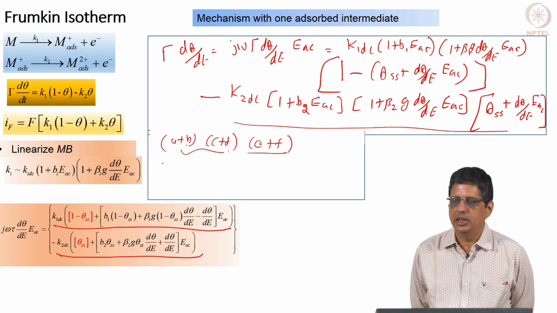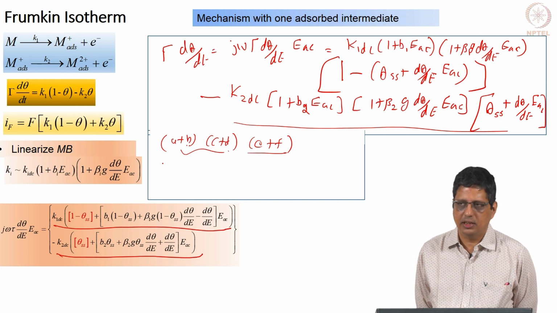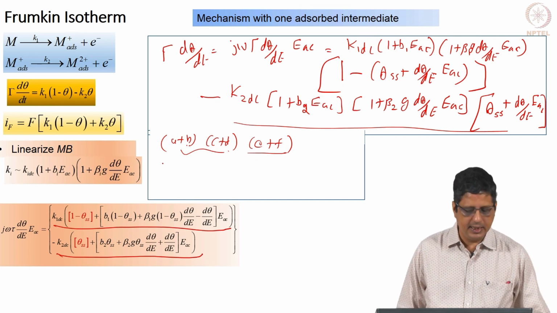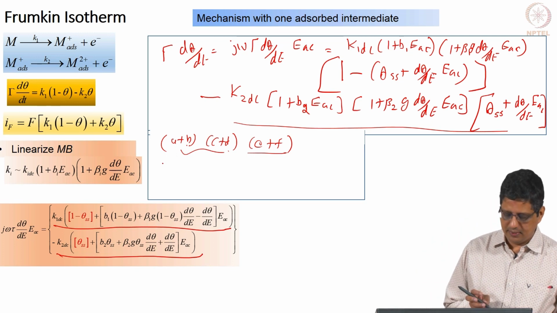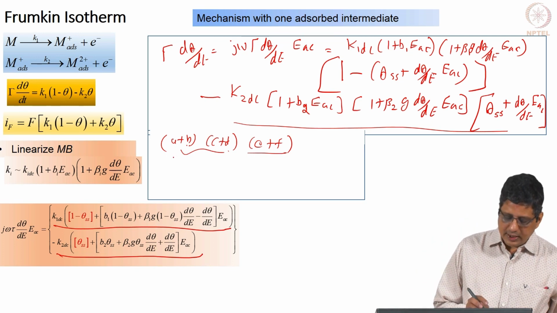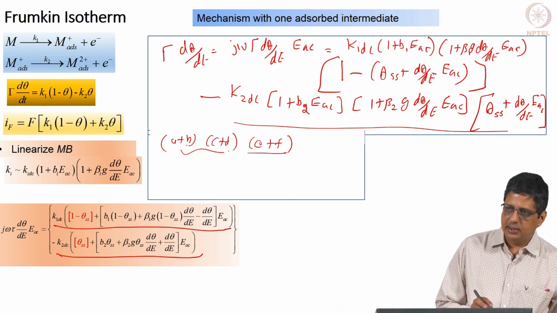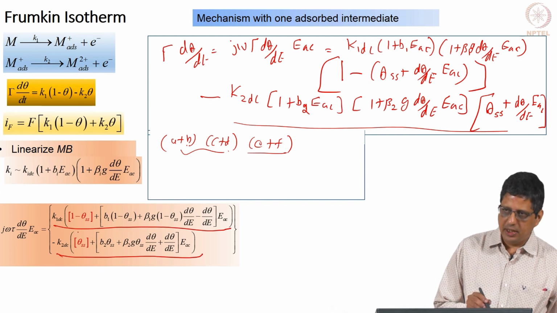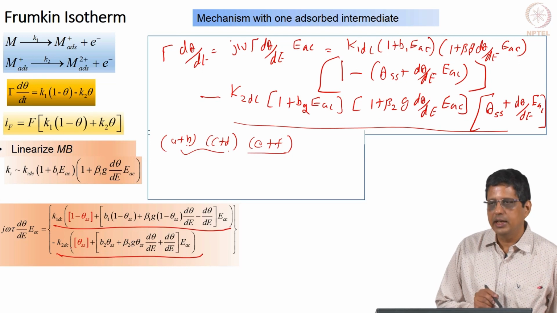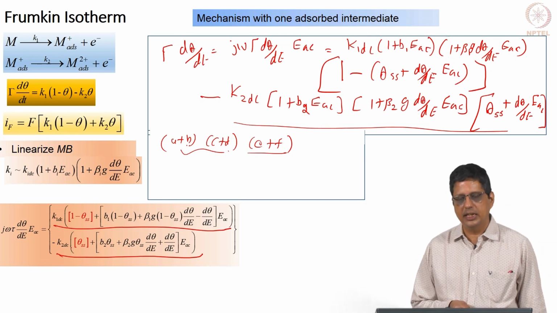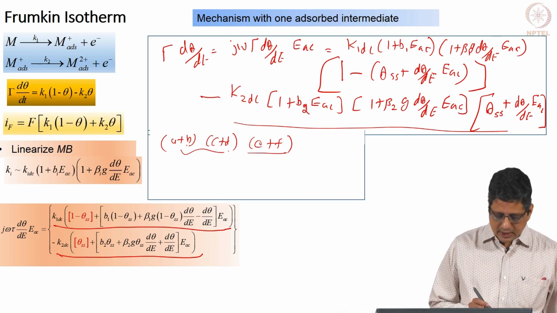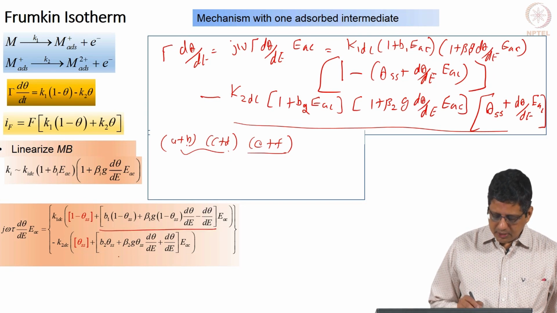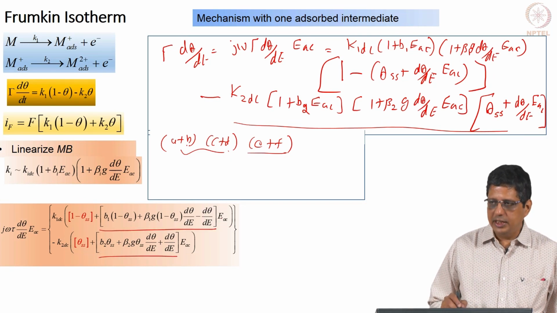So, what I will assume is that if I give some more time, whoever has not got it yet will be able to complete this rearrangement and get this. Once you get this, I have marked 2 terms in red color. These correspond to the DC terms and they will go to 0, because by definition of theta SS, K1 DC times 1 minus theta SS has to be equal to K2 DC times theta SS. That is how we got the steady state values anyway.